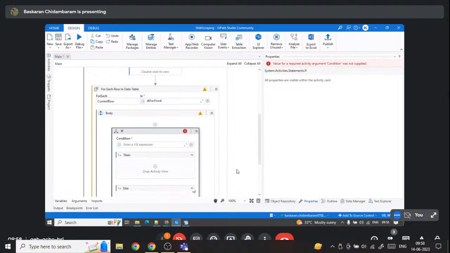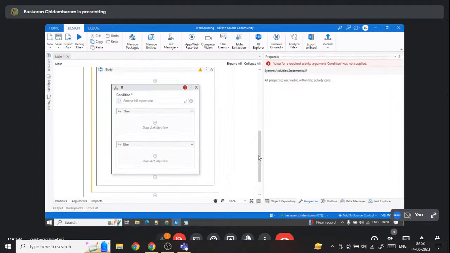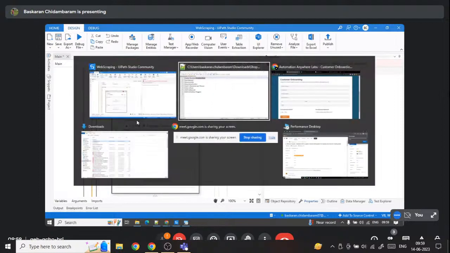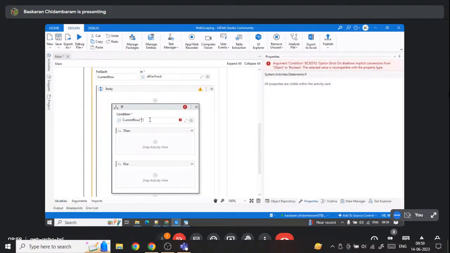So if you want to add some false information as well, if you want to add some condition within false, yes, we can provide it. Or if you want to add some operation within the else condition, yes, we can do it. Anything is possible here. So what is the error? I need to add a condition here. Condition is not supplied. So I need to add a condition. Current row of, what is my current row name? I need to get the information based on my family member. My family member is my header. So I provided it,